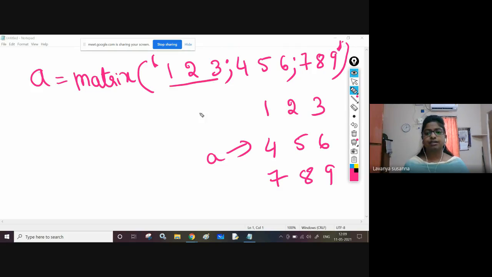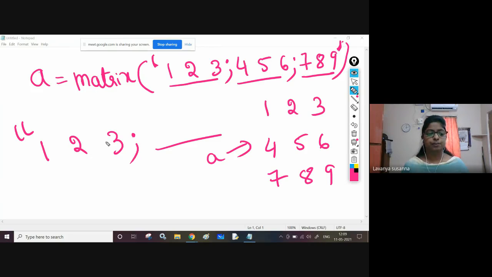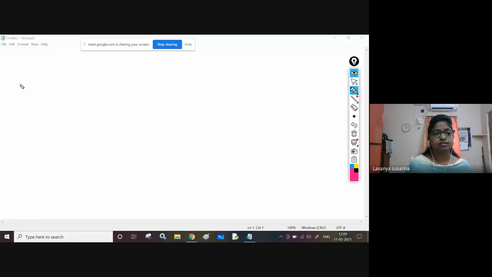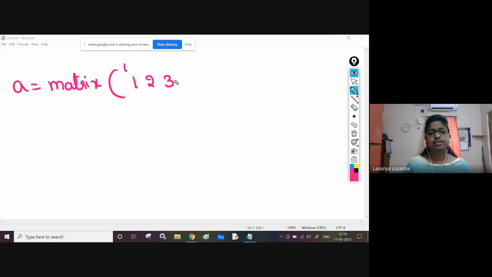The first row element, second row element, third row element must be separated by semicolons. Okay. First, you need to write the first row elements separated by spaces: 1 space, 2 space, 3 semicolon, next row elements, and next row elements. Now close the single quotes or double quotes. You can use single quotes or double quotes. Okay. Once again, see. A equal to matrix of single quotes or double quotes, 1 space 2 space 3 semicolon 4 space 5 space 6 semicolon 7 space 8 space 9, quotations close.